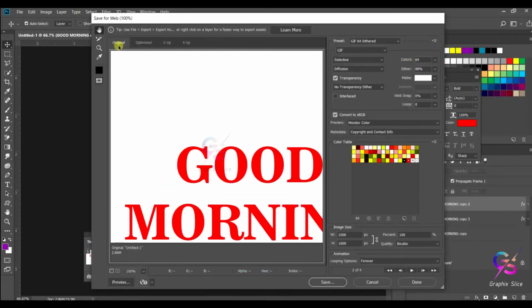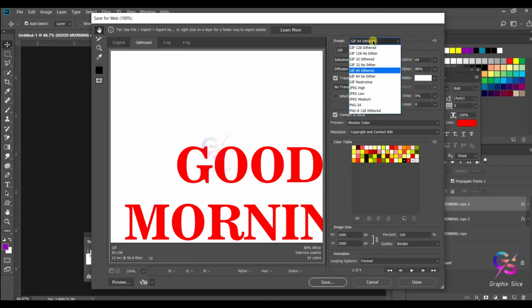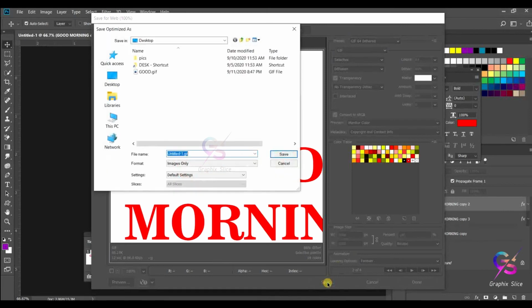And then if you want the original file, it shows higher memory. Optimized means compressed. So select optimized, it's better. Then here the GIF quality options will be available. So I'm going to select GIF 64, selective, and save. Where you want to save this, select any position. So on desktop, I'm going to select.